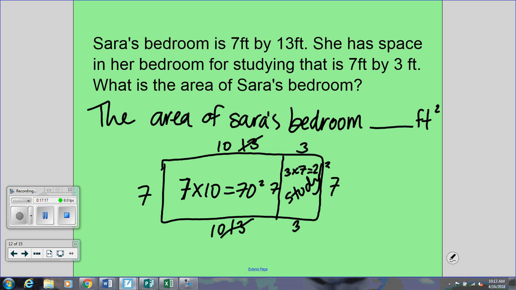Now what? Georgiana, now what? The area of Sarah's bedroom is 91 square feet. Feet squared, square feet. Beautiful. We add up our 2 mini areas, our 2 partial areas, and we go from there. Show me with your thumb how you feel about just missing side. Finding just the missing side, like we did in